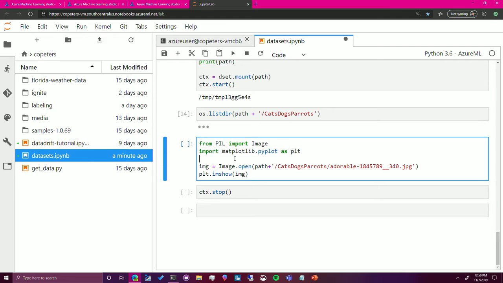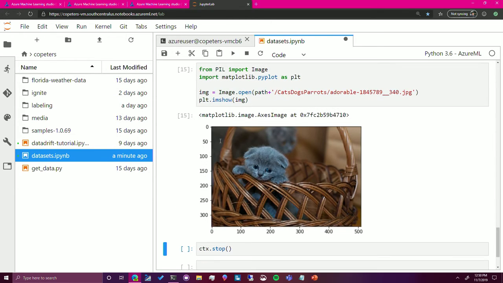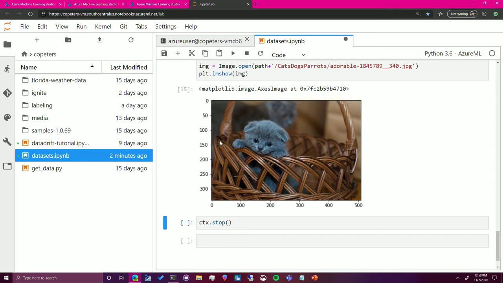Now, I can demonstrate that we can simply access that image, again, without copying it over. We're simply mounted onto that data set, and I can use standard tools like PIL or matplotlib to open the image and then display it. So we'll see later in these demos how you can then use this to train a powerful CNN on this image data set after we go through the task of labeling it. So to go through the task of labeling this data set to actually prepare it for our training, I'll hand it back over to Ram Vijay.